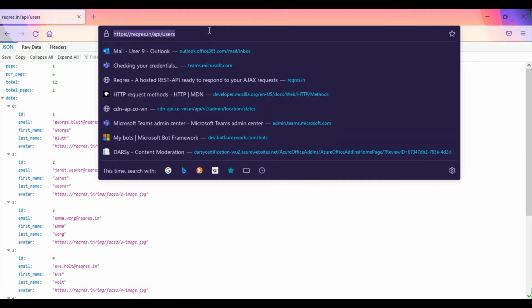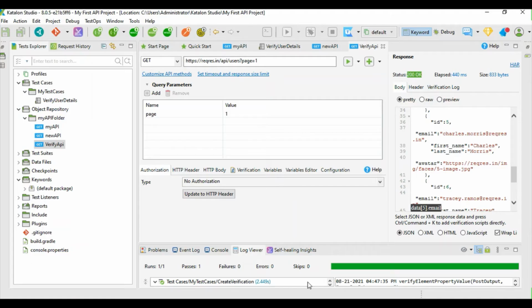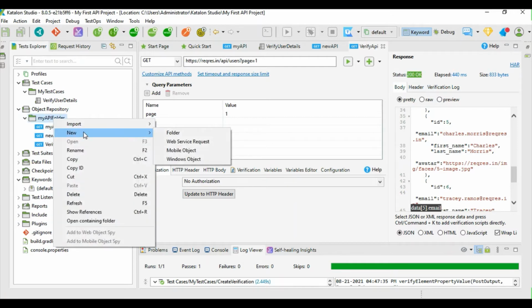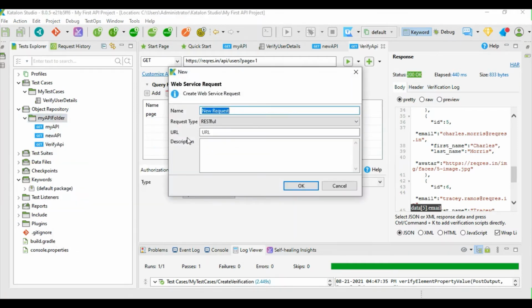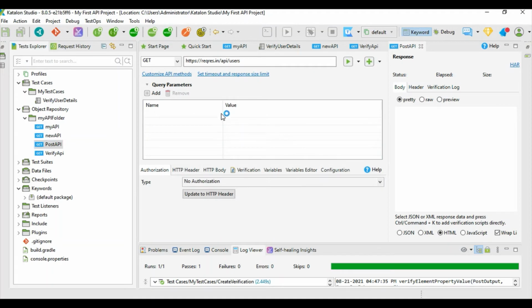Let me click here and let us create a new API here. For the time being, let us name it post API. Again, for the URL just paste it and click OK. So this is our request. This is sending the request to the API, but instead of GET we need to select POST.